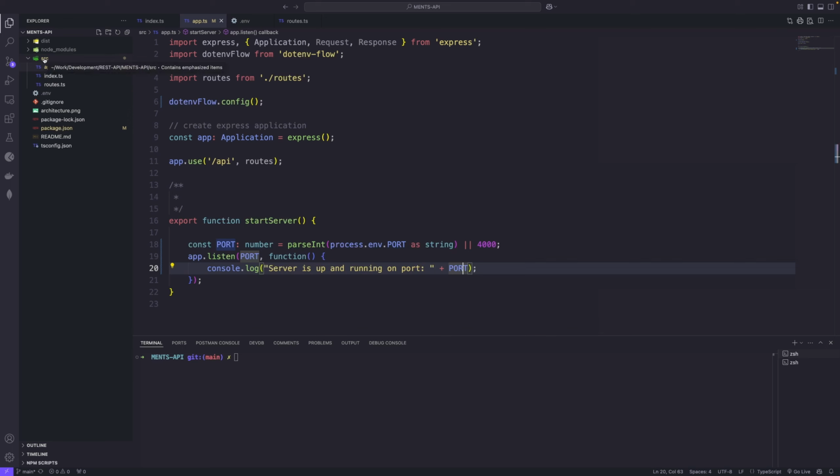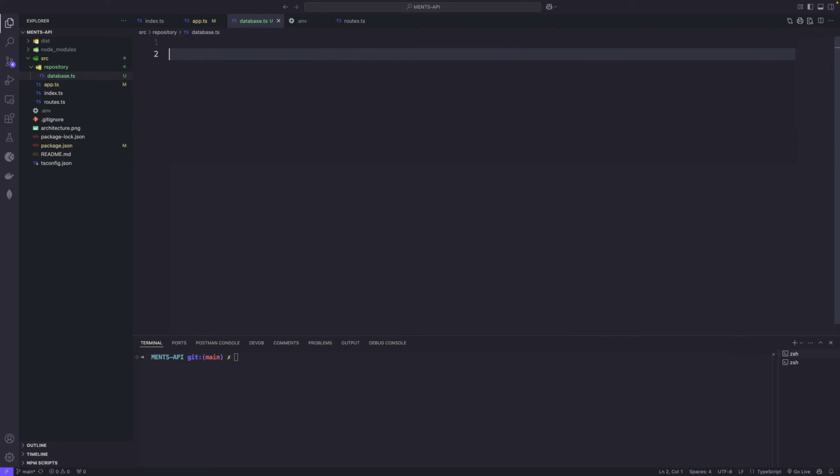So first off, to keep the structure, maybe we should have a new folder in sources called maybe repository. So to indicate that this is the code that will handle all the repositories, whether it is Mongo or Firebase or another type of database or data source. So in here we're going to create a new file called database.ts. And yes, in here,